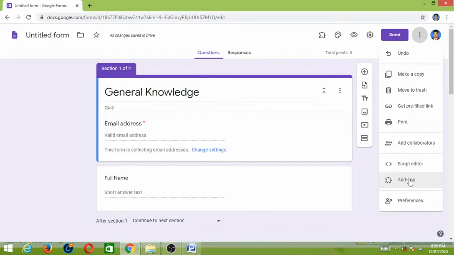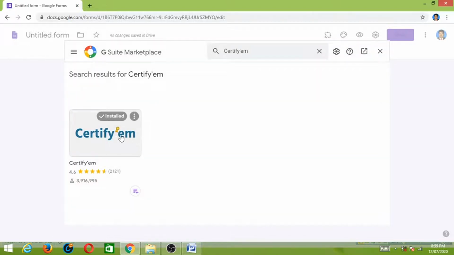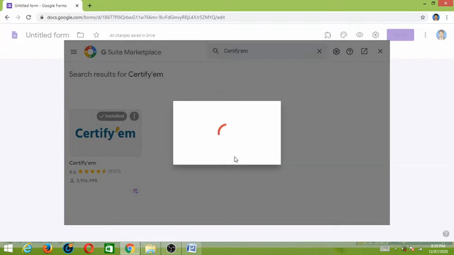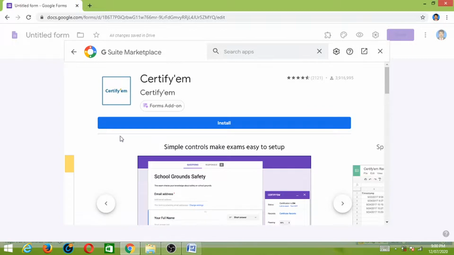Once again, I will show you how to install add-ons. Certify Them is already installed. For your understanding, I will just uninstall it, and again I am going to install this app in my system. This is the install option. You just click this,